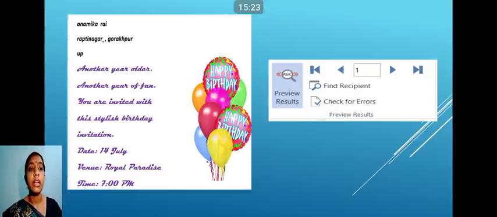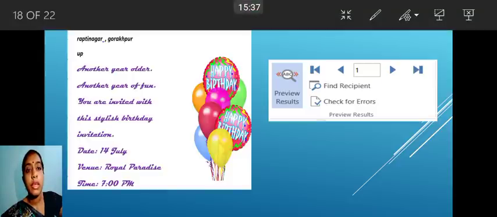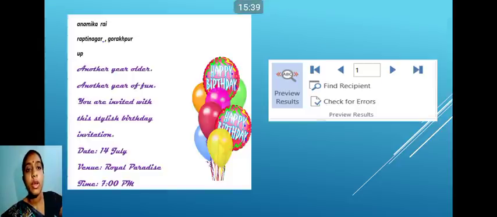Before going to that, I have shown you this, which is what I was talking about: the name of the recipient, first name, last name, then Rapti Nagar, Gorakhpur, UP. This is the only data we have entered.